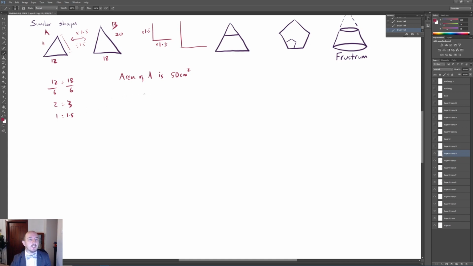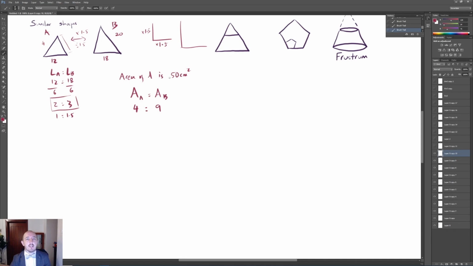Okay, so when we're looking at this, it is the length of A to the length of B. When we're looking at the area of A to the area of B, we have to square the scale factor. So I'm going to take this one here just because it's nicer numbers. 2 squared is 4 and 3 squared is 9. Okay,